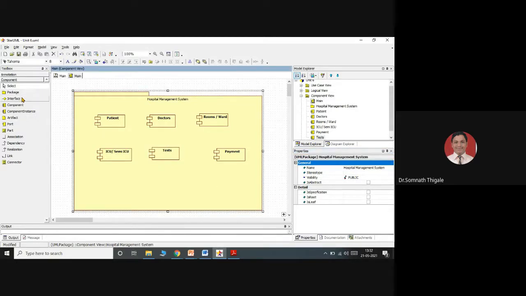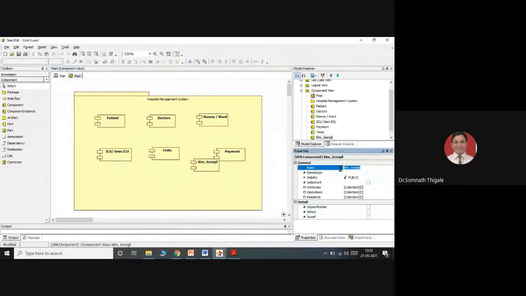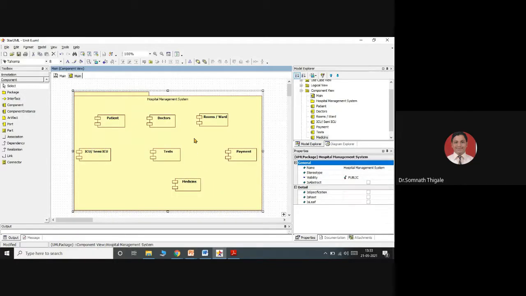And one more component that I can consider over here will basically focus on medicines. Okay, so I'll give the name medicine. So these are the different components. Why am I considering them as components? Sometimes there is a special hospital which just sees the patient.